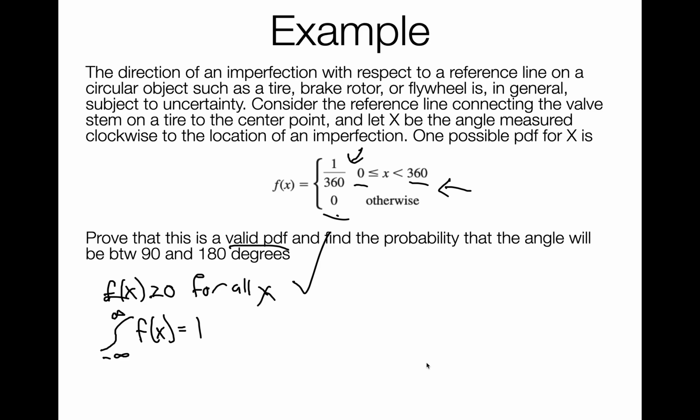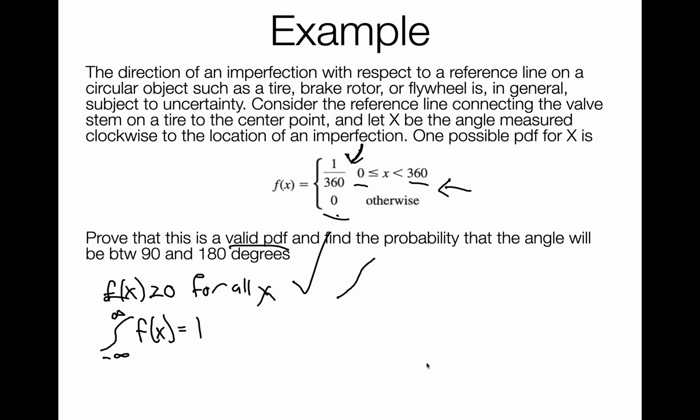This one is easy. It may be, or it will be, not so simple for other examples where you don't have a constant. Here you have an actual function. But anyway, we'll bask in the easiness for now. Great. And then the integral from negative infinity to infinity of that function is equal to 1. All right, so let's do it.